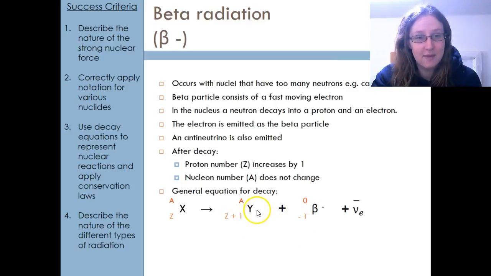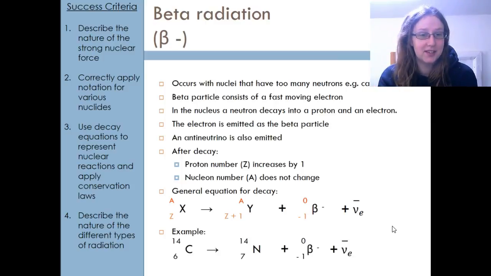And that is because our new element Y, it's going to have the numbers A and Z plus 1. But this is like an equation. This is a decay equation. So what I've got on the left has to match what's on the right, which is why if Z goes up by 1, the beta particle has to have a -1. And it's not a proton, so it's the opposite of a proton, so it's -1. However you remember it, just remember to put it on, because you won't get the marks if you don't put those numbers on. So a specific example then would be carbon-14 decaying into nitrogen whilst giving off that beta particle